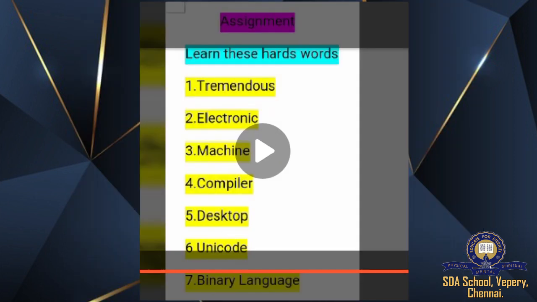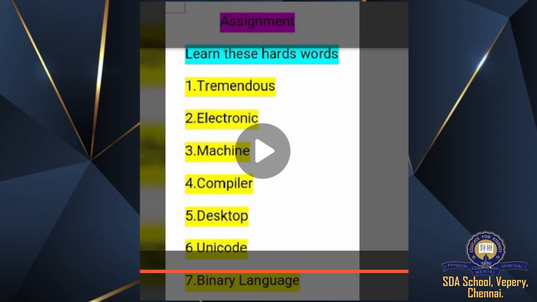Okay, children, in the next class we are going to study some more points in this lesson about application software. You are going to study how each works, in points. We are going to study along with the diagram, and we are going to study the concept of Unicode, Unicode for alphabets A to Z, and computer networks, which is very important that we need to learn, and types of networks. So all these things we are going to learn in the next class.